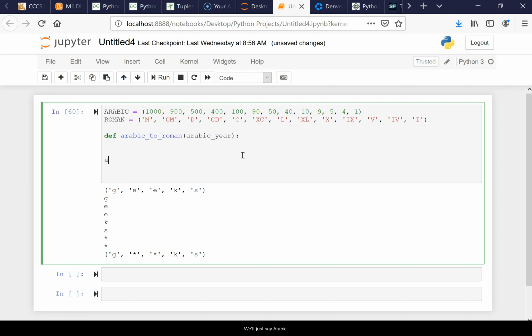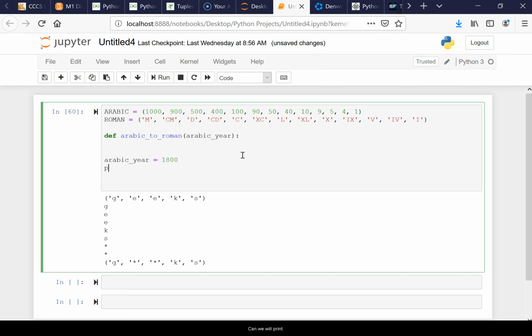We'll just say Arabic year equals 1800, and we will print Arabic to Roman and pass in that Arabic year. Okay,